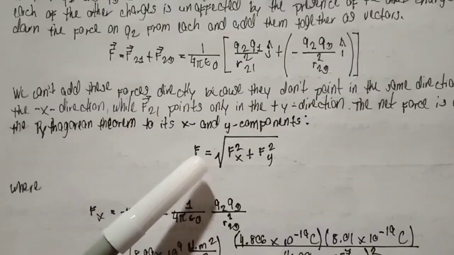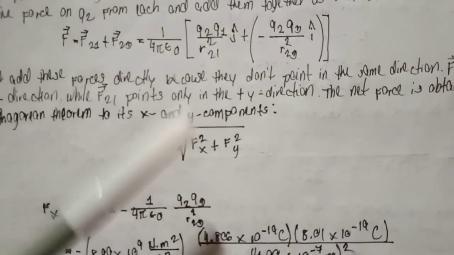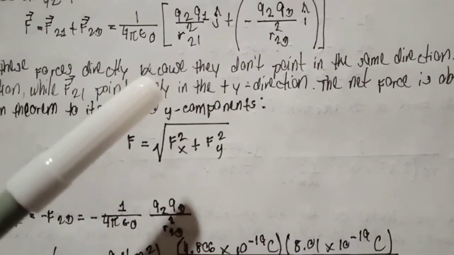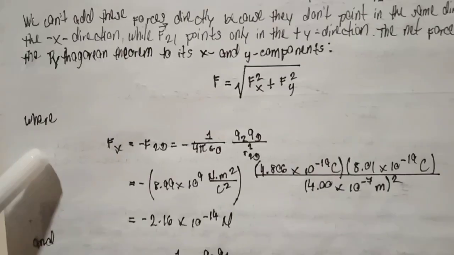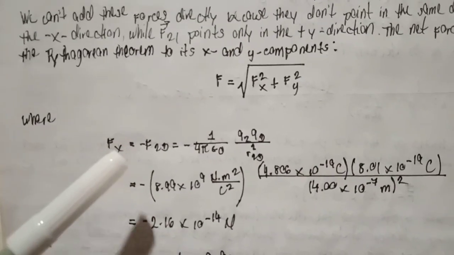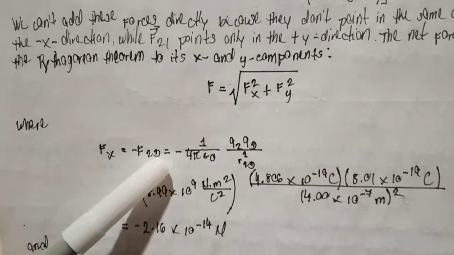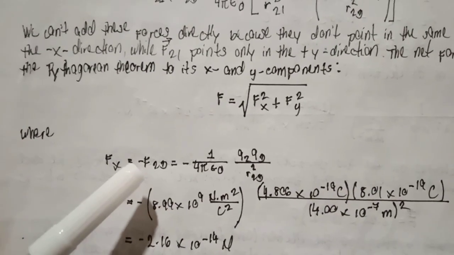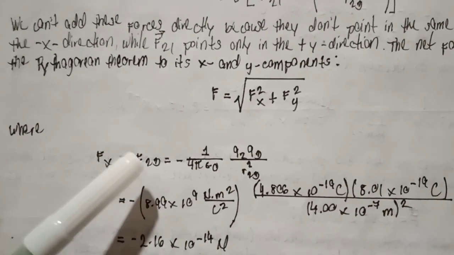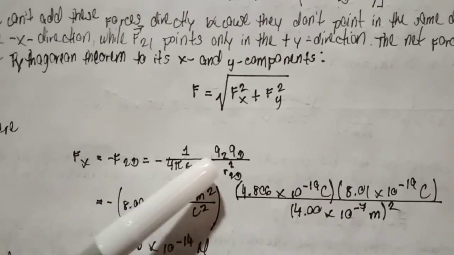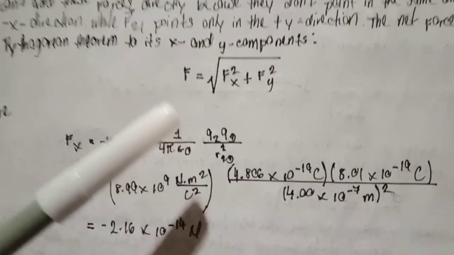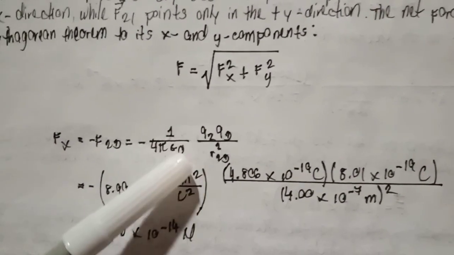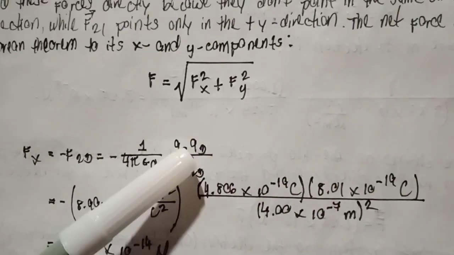So F equals the square root of F squared sub x plus F squared sub y, where F sub x is equal to negative F sub 23, which equals 1 over 4 pi epsilon sub 0 times Q sub 2 Q sub